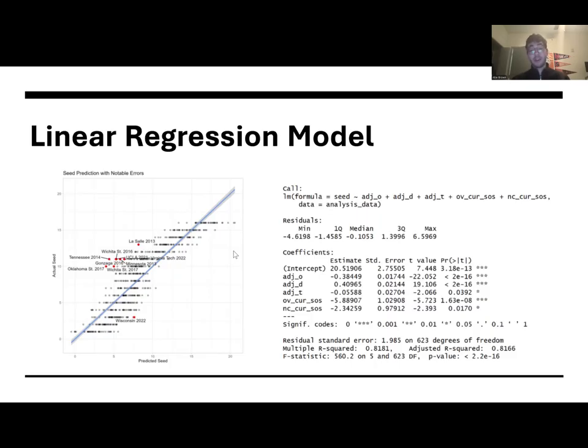The teams that played at a slightly higher pace seem to get a lower seed, although this value was not significant in terms of the p-value. So it's on the verge, but not quite. And then when we look at the strength of schedule, it's very interesting actually that a team with a lower strength of schedule will have a higher seed, which you might not always think would be the case, right?